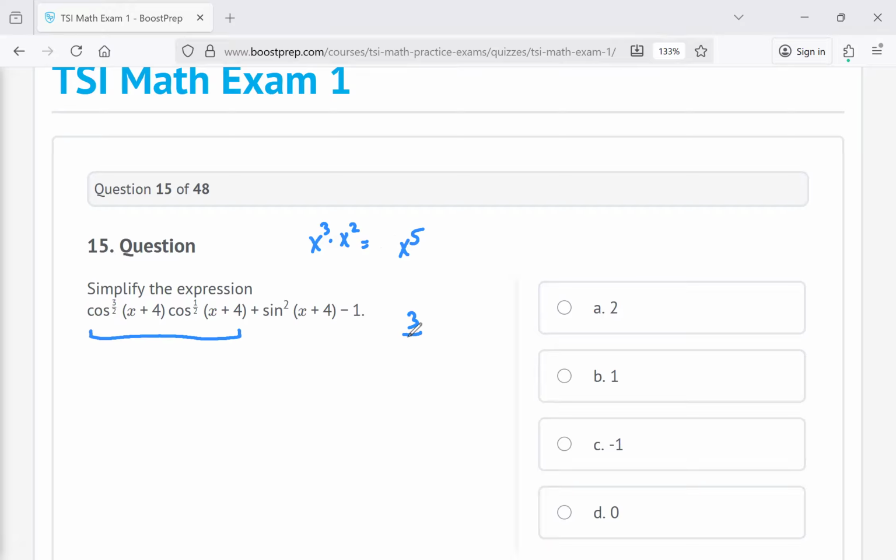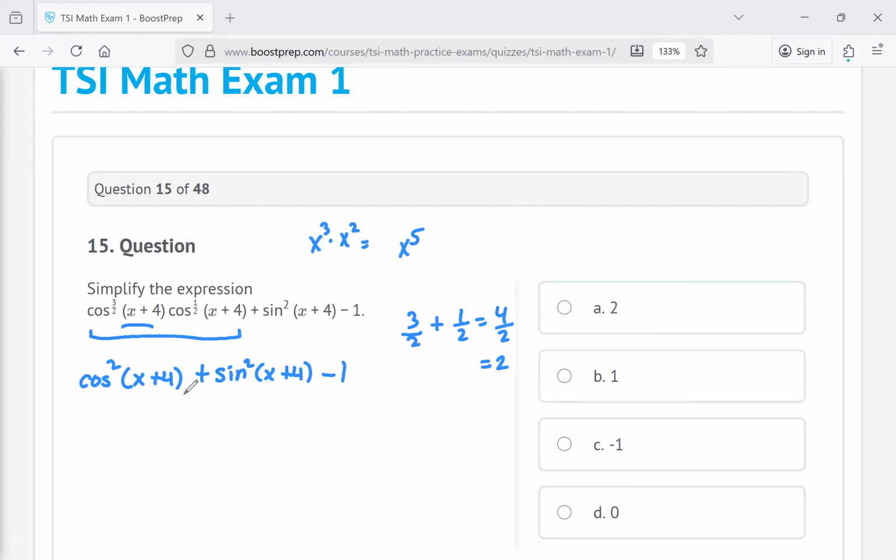Do the same concept with 3/2 and 1/2. When you're multiplying, you're adding. So what's 3/2 plus 1/2? That's 4/2, which is 2. So that's going to be cosine squared. And the x plus 4 is the same, so you can just write it out once. And then we have plus sine squared of x plus 4